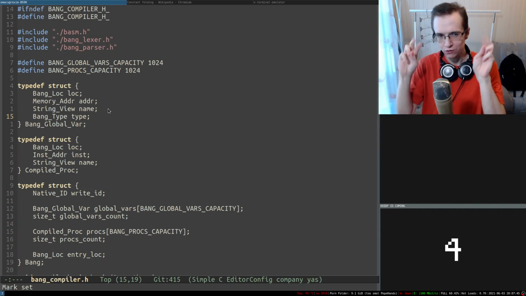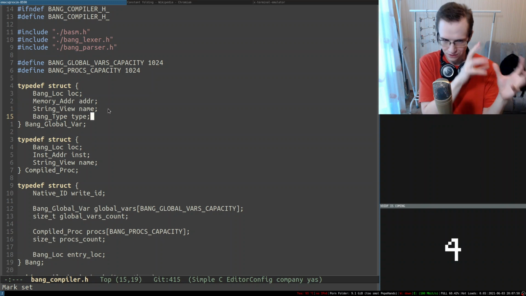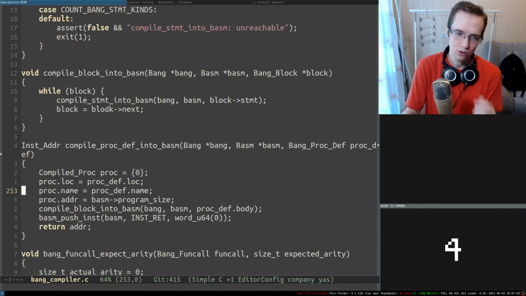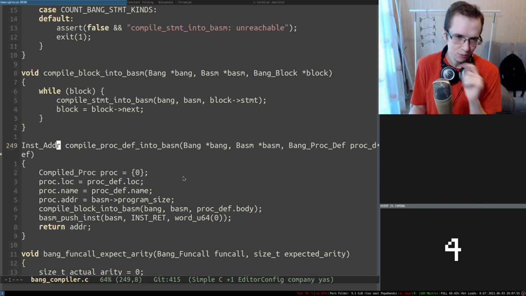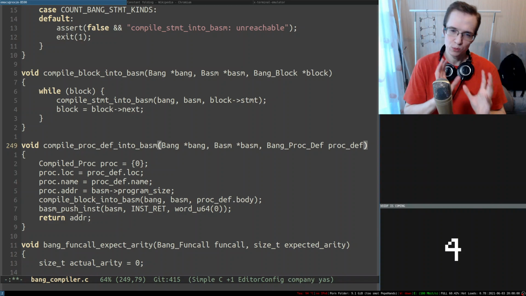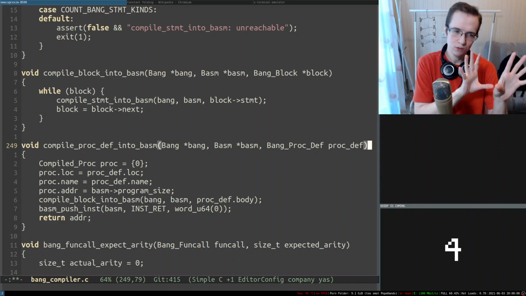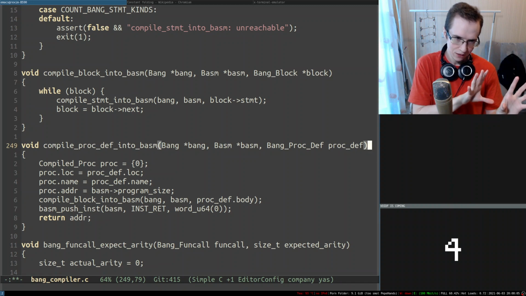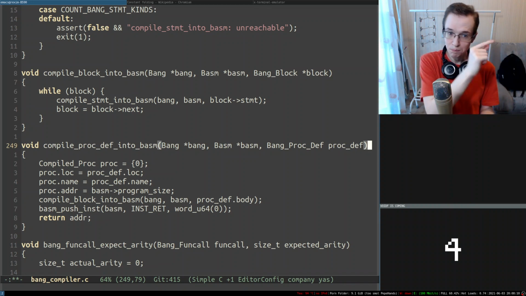So maybe the compiled versions of these things should just refer to the original AST subtrees. But I don't know. We'll see. Okay, so we initialized everything, and here I'm returning address, but I think I shouldn't return it anymore, because the first thing we want to do is compile all of the procedures, right? We're just compiling all of the procedures, and then we try to find the procedure with the name main, and